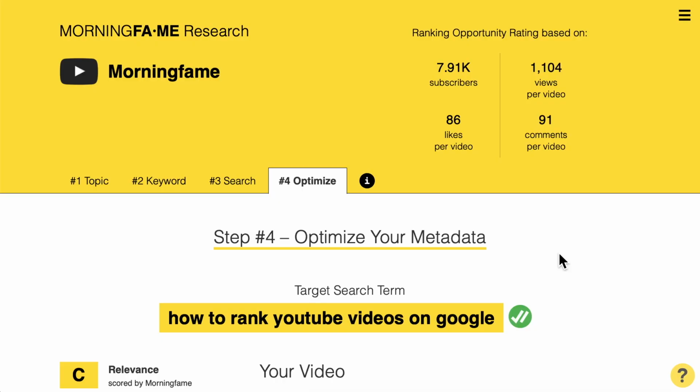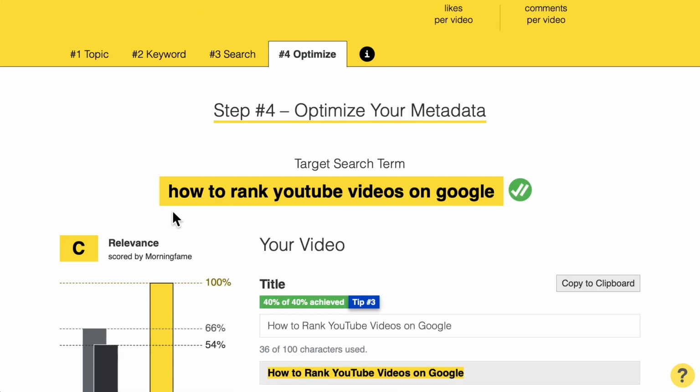Obviously, as you can see here in the Morning Fame Keyword Research tool, in the number 4 Optimize tab, I am optimizing my video for the target search term how to rank YouTube videos on Google. So that is the main target search term, and all the metadata that we add to it evolves around it.